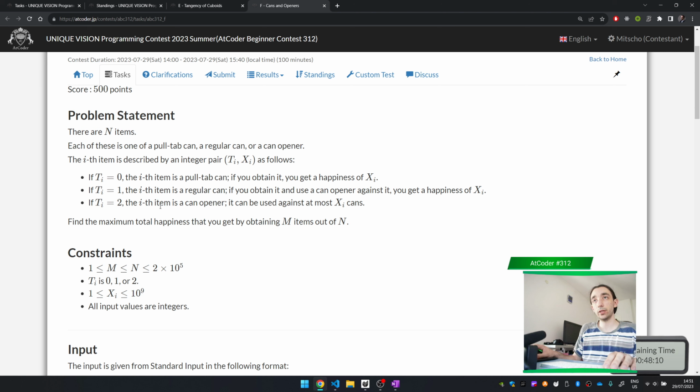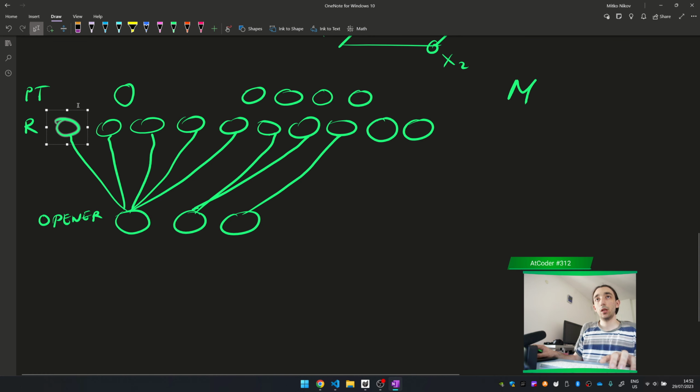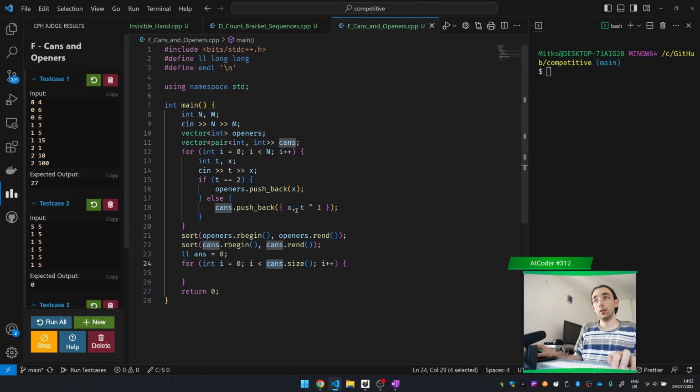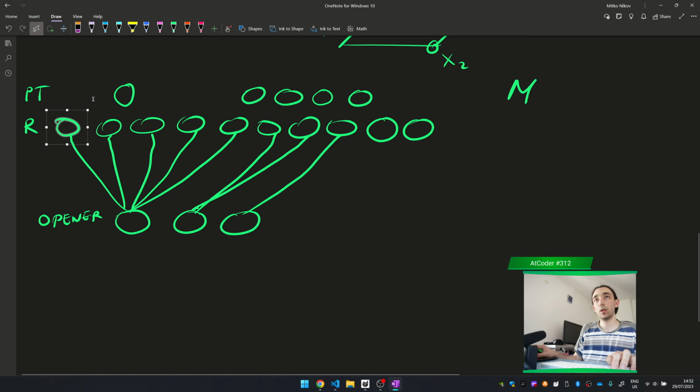I need to go over the cans and say that the ith can is a can opener. It can be used, no, not the, yeah, go over the cans and say first this will be sorted by x. So if it's of type,